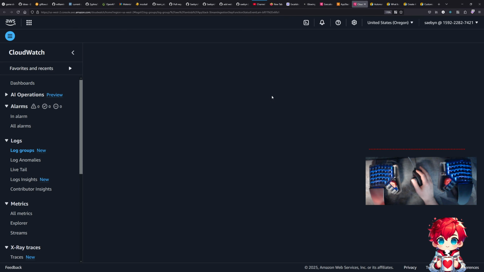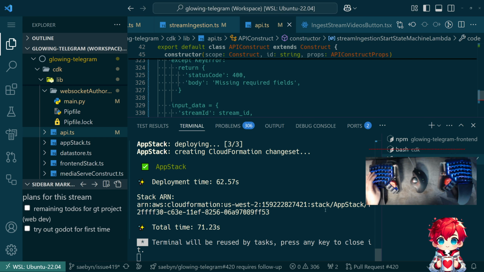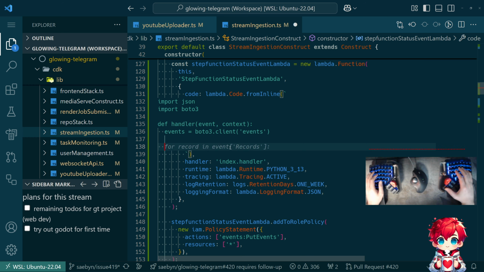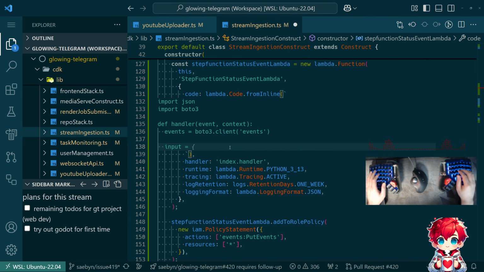So one of the things I wanted to look at was the input. There it is. So we can see here was the input to the step function, and it has our stream ID and our user ID in there. So in the new Lambda that we made here, one of the things we know is that the event is an object. It has various pieces of information. Let's do input equals